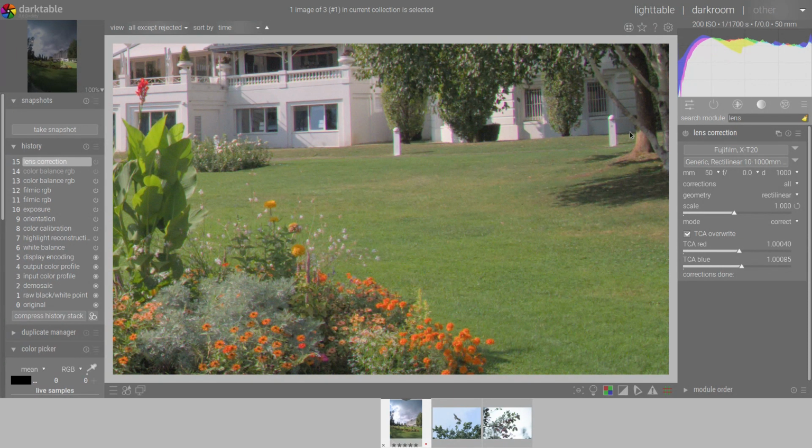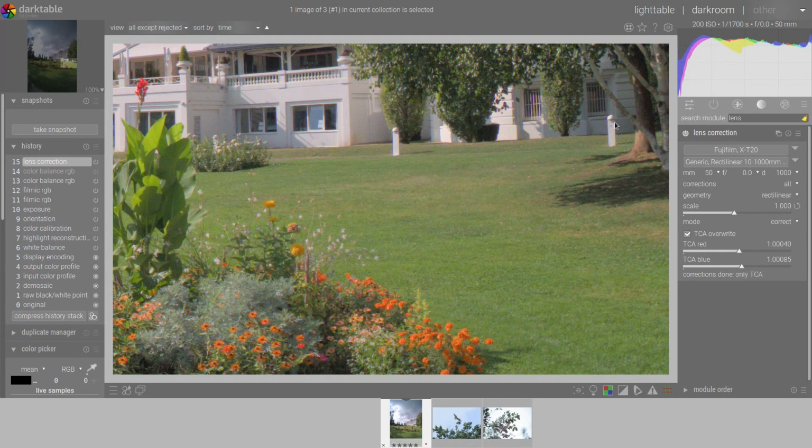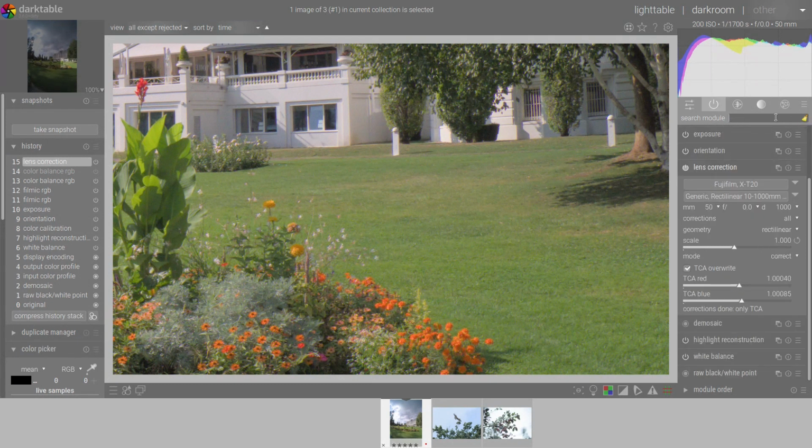So actually here we had magenta and green chromatic aberrations, and we get a bit of blue chromatic aberration on the left side after we have this correction, but the size of the chromatic aberration is not increased, so the module does more good than it harms. So it's nice to keep it.